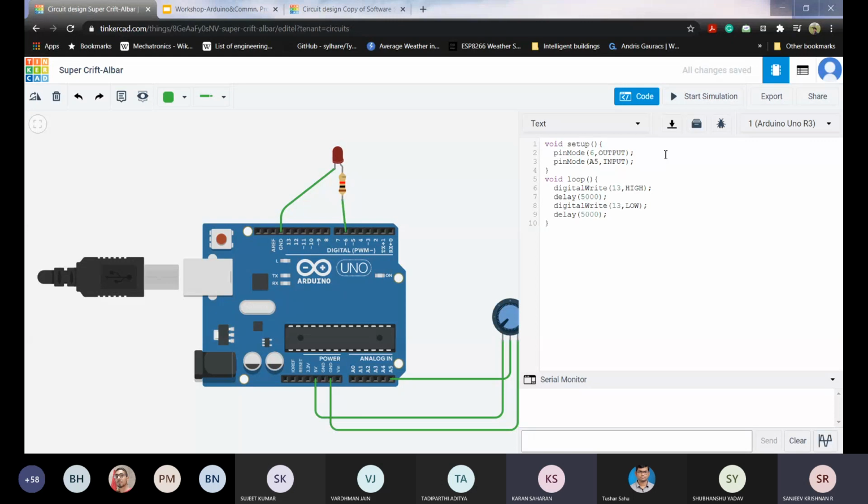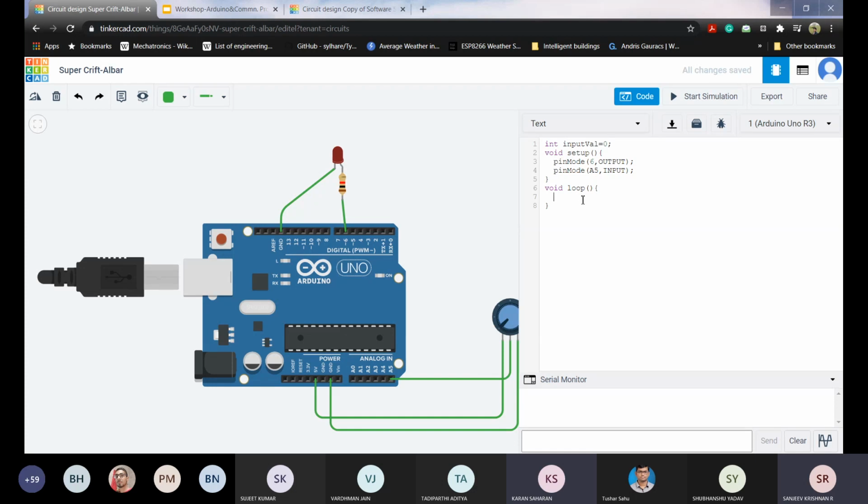Okay, so now in loop I have to read the values of the analog pin. If I have to read something, I need a variable to store the value, right? So I'll create an integer variable, let's say inputVal, and I'll initialize it with 0.